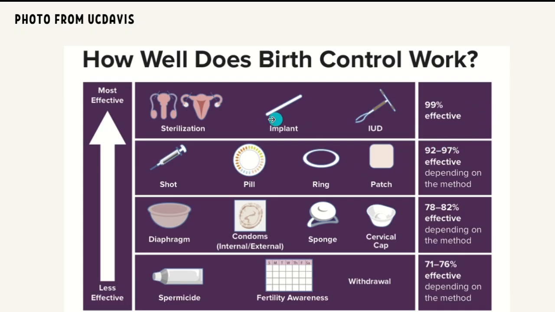Then at 99% effective, you have sterilization. Basically, this would mean that they tie their tubes, or they have an implant, or you get an IUD. But an implant is what they put in the arm, I think. I don't necessarily remember. But yeah,